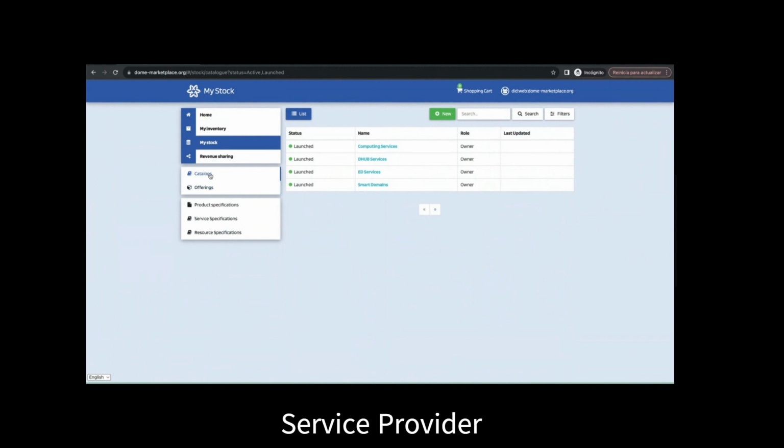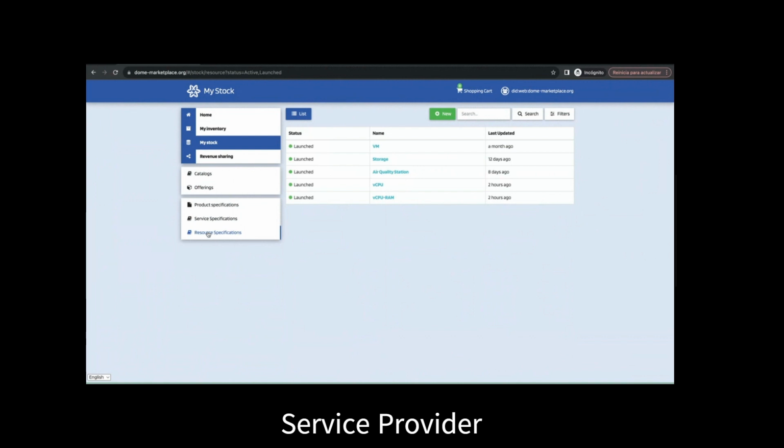Here in catalogs is where me as a service provider, I'm able to create the different catalogs I can later use in order to categorize the product offerings I'm creating. And then here we have another section where all our specifications are registered. On the one hand, it is possible to register resource specifications. Resource specifications are those physical or digital resources that are needed in order to provide a given service. Here is where you are going to register typically CPU, RAM, virtual machines, storage, any of these kinds of resource